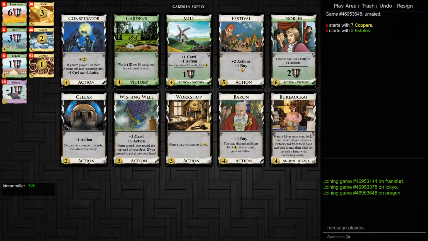So we've got Workshop, Gardens, and Mill. That's a nice combo. The draw is really expensive here, is the main problem, and with no trashing, it's going to be really hard to build an engine. So I think we have Workshop, Gardens, and Mill, and we are going to probably just play that. So I think we open